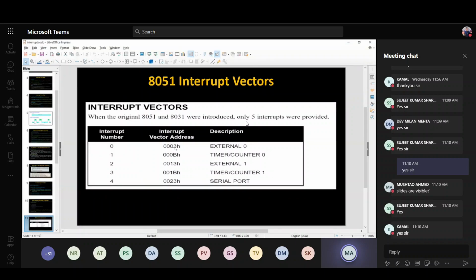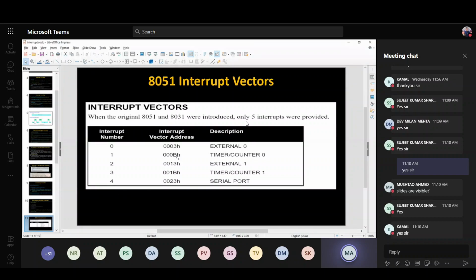So the CPU first gets this vector address, and from that vector address it goes to the interrupt service routine at that particular address, and starts executing whatever task is written in that routine for external 0. Same with the timer: if the timer/counter 0 interrupt occurs, its address is 000B.